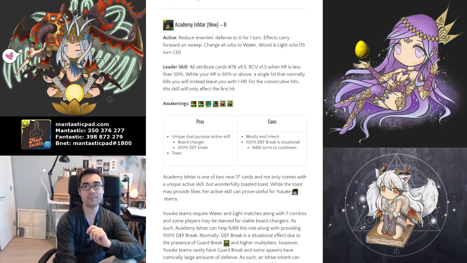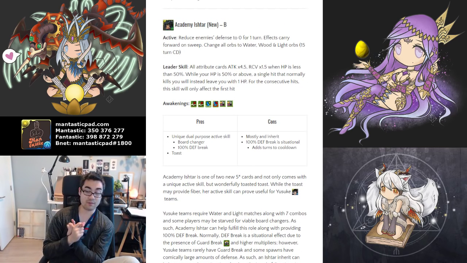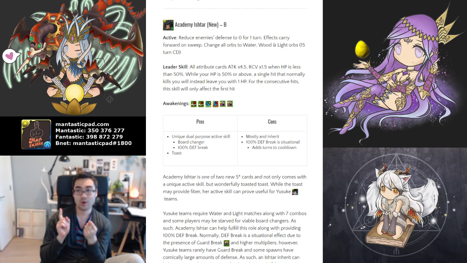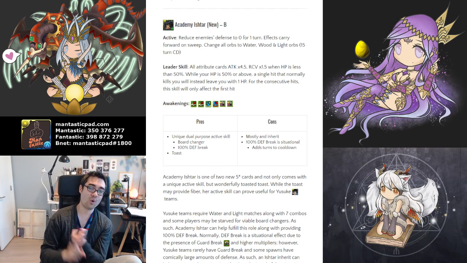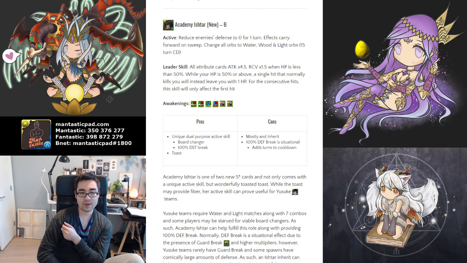Now, being able to combine 2 unique components can be helpful provided they're beneficial. So 100% defense break has some value because certain teams cannot bring guard break reliably, or they don't necessarily bring or have a high enough damage multiplier, so it might be challenging to actually overcome those high defense spawns. So it still can have some value, defense breaking, and the board changer can be helpful provided you can capitalize